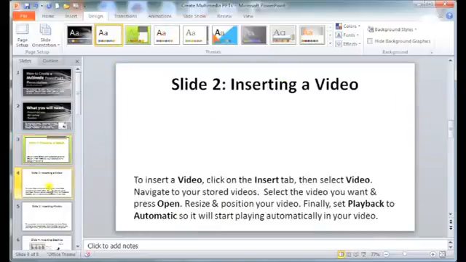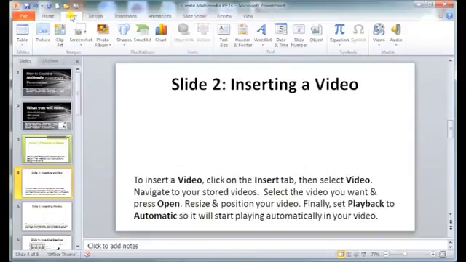Let's move on to slide 2, demonstrating inserting a video. To insert a video, you need to click on the Insert tab. Way up here in the top left is the Insert tab. And you're going to use this over and over and over for all your multimedia needs. So you can insert, way over here on the far right, is Insert Video. And click on this little arrow and it gives you the choice to get a video from a file on your computer or a video from a website. We're going to go video from file,